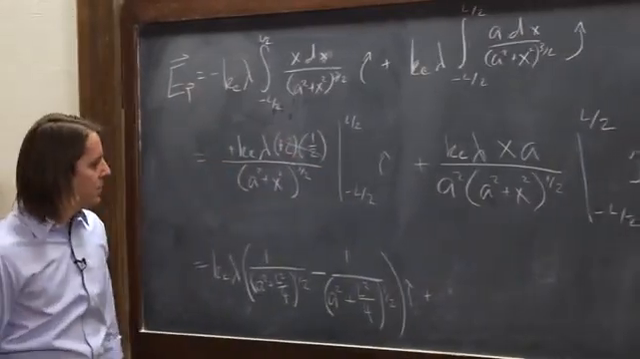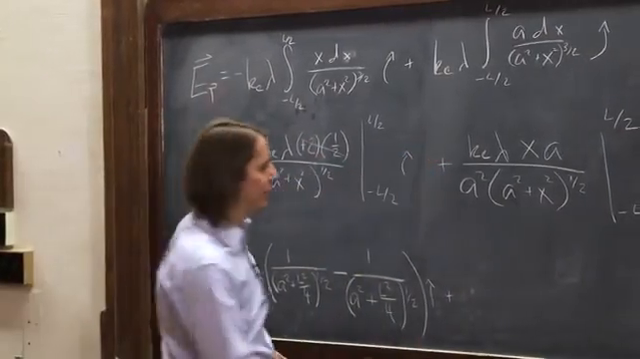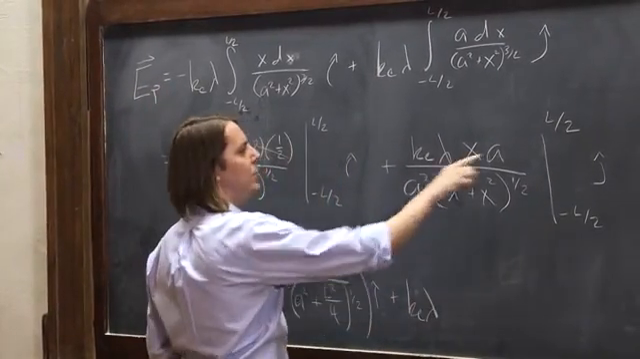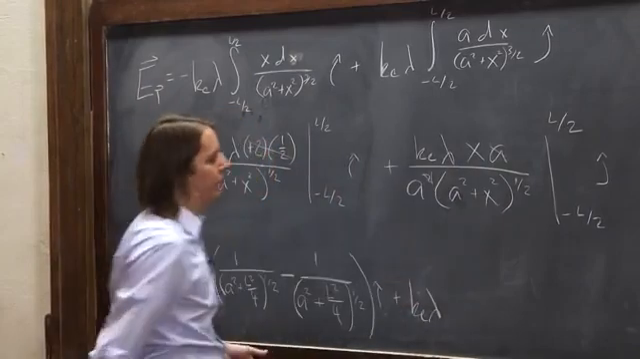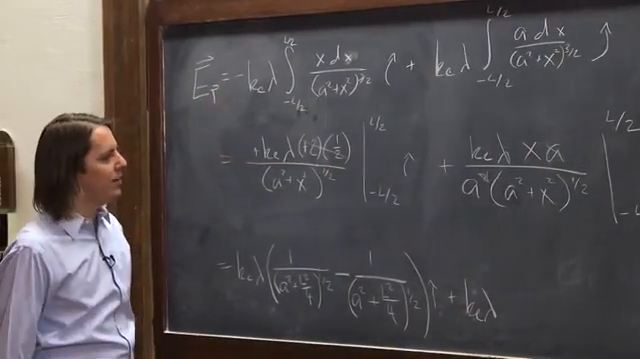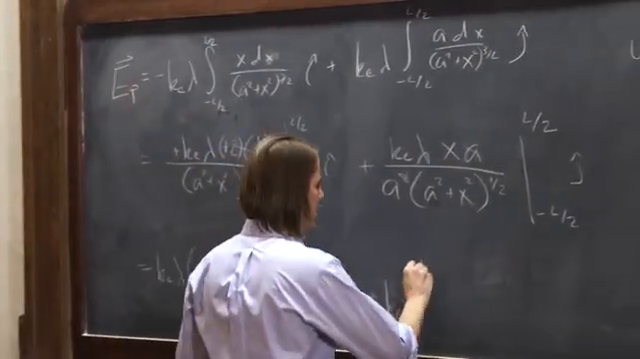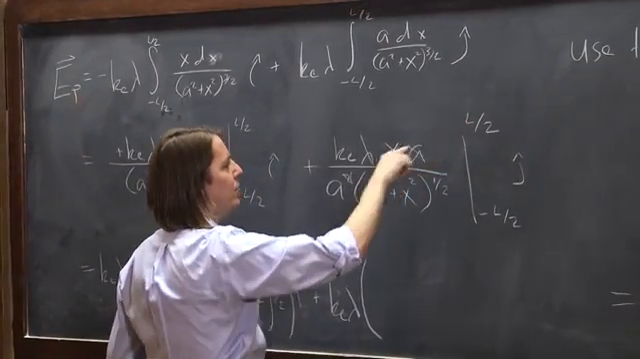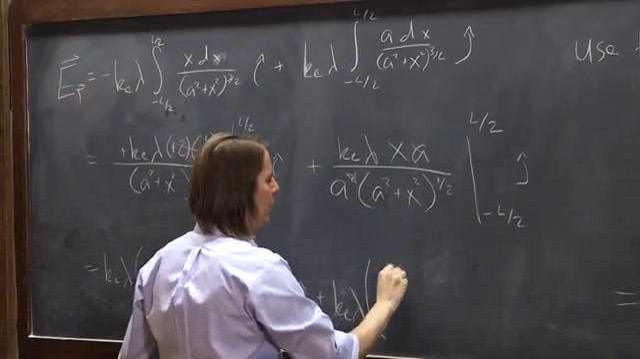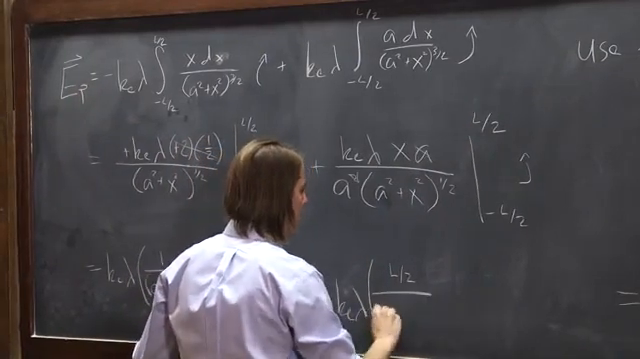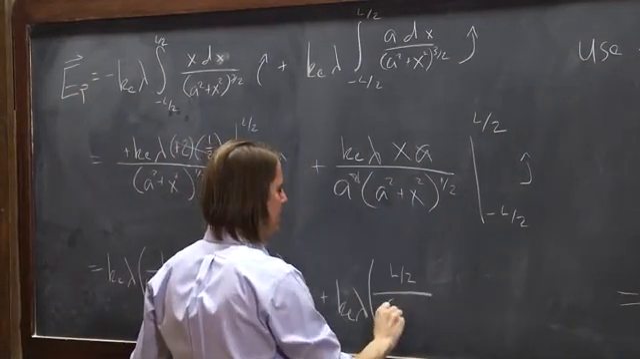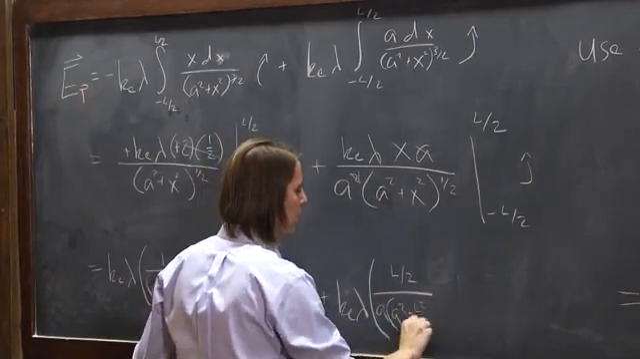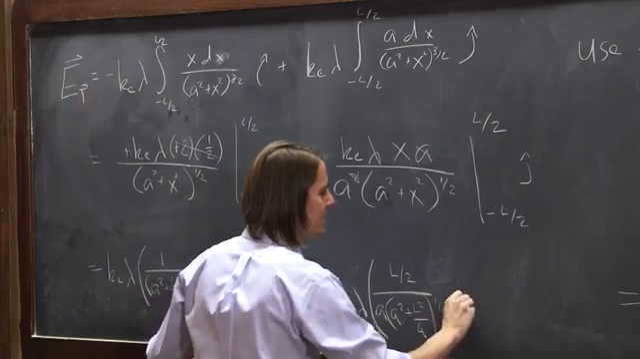That can't be right. So let's write k_e lambda. Let's pull out the constants. k_e lambda. And actually you'll notice that this cancels one of those, so everything's going to be over a. I'll go ahead and leave it on the inside, though, just because I'm that kind of guy. And now we're going to plug in L over 2 into x. So it's going to be L over 2 over a times the square root of a squared plus L squared over 4 to the 1/2, minus